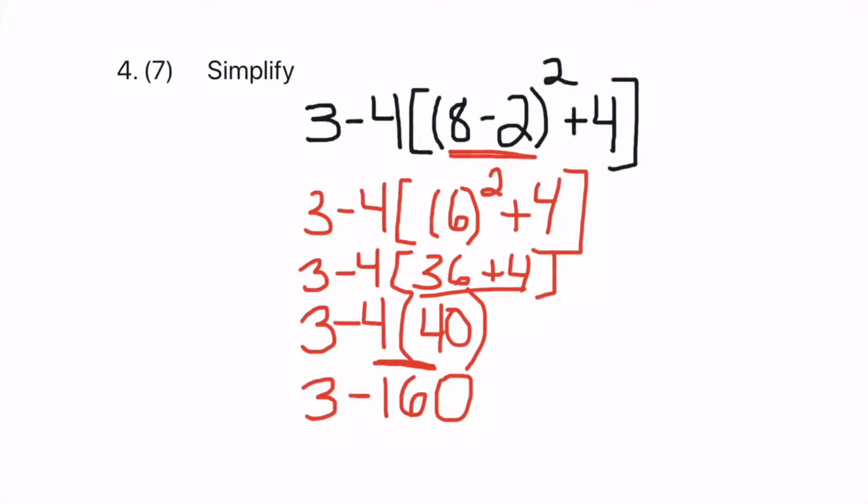And if you don't like that subtraction sign, remember you can always add the opposite. And you can see that it's really a 3 plus a negative 160. So we're left with negative 157. So on these order of operations, even though it might take a little longer, make sure you write out